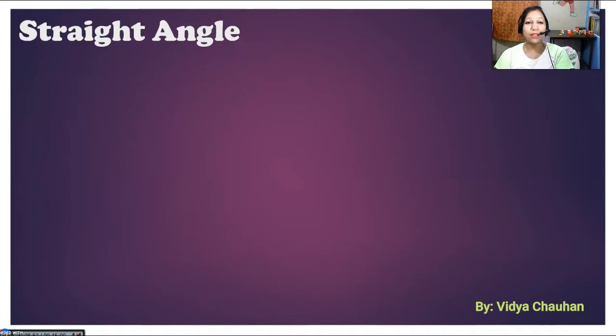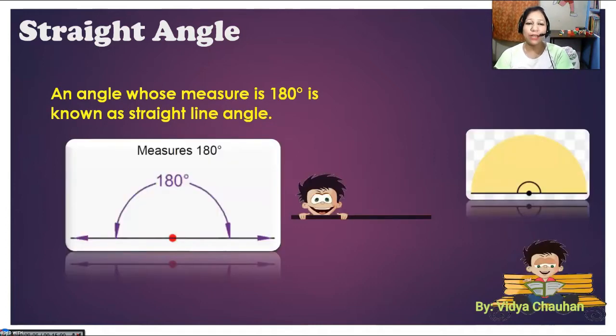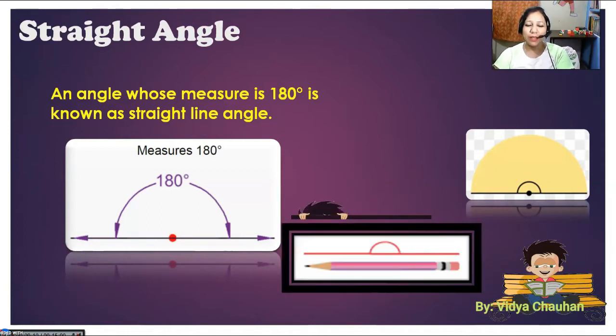Let us move forward to the next angle, and that is our straight angle. As the word itself is showing, straight means something which is not at all molded or folded anywhere. So, an angle whose measure is 180 degree is known as a straight angle. Here you can see in the picture a straight angle with 180 degree. An example for 180 degree is your pencil. Your pencil is a straight one, and since it is not folded anywhere, the angle formed on this pencil is of 180 degree.